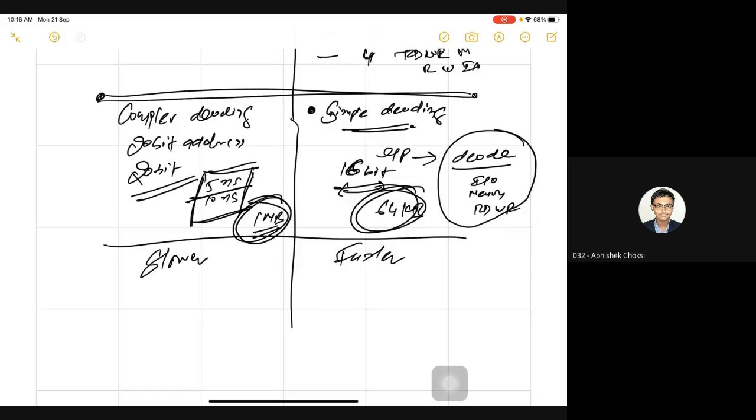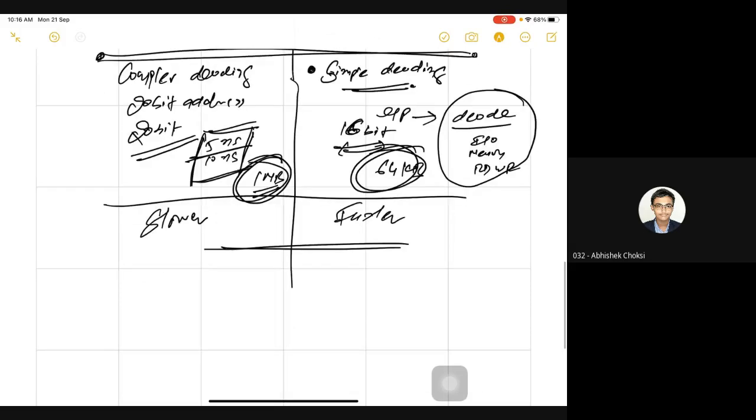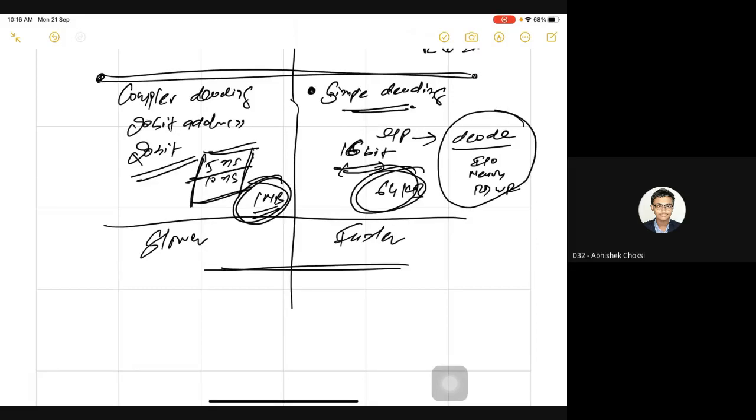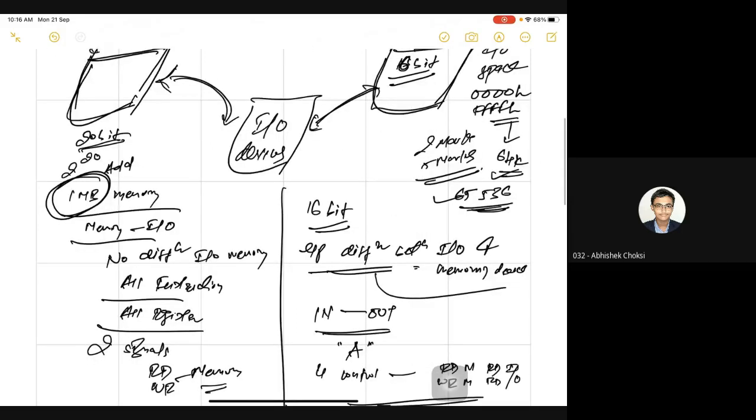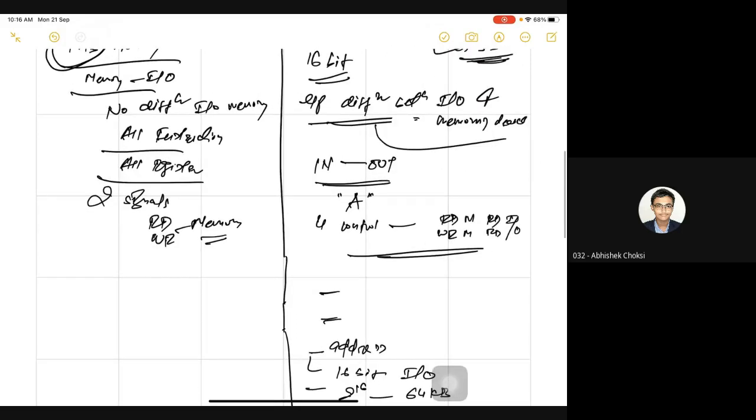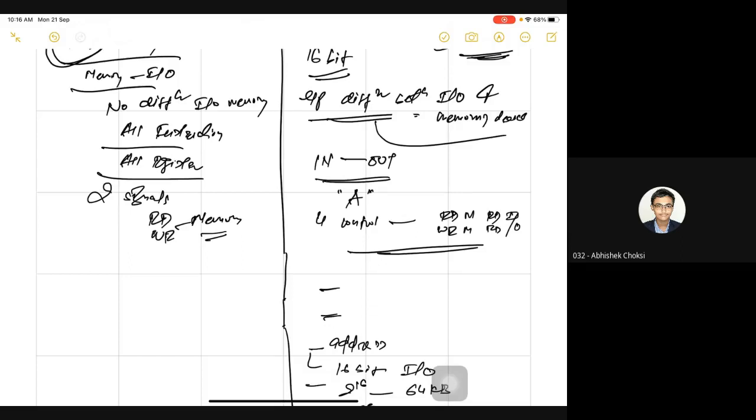Then still we have two advantages of IO mapped IO, and many advantages of memory mapped IO, but those advantages are actually not useful practically. You can use all the instructions. This is the advantage of memory mapped IO.